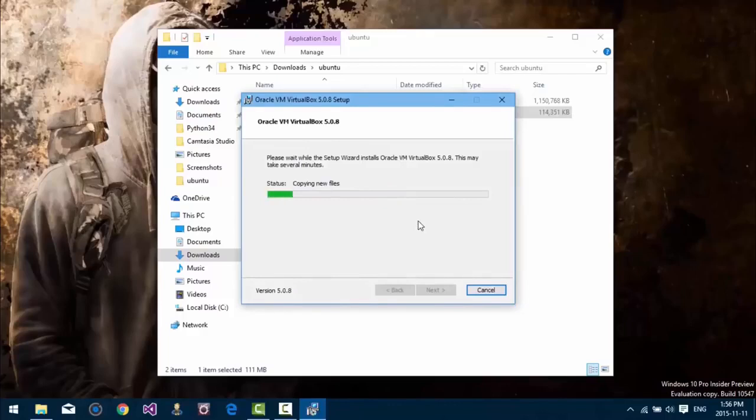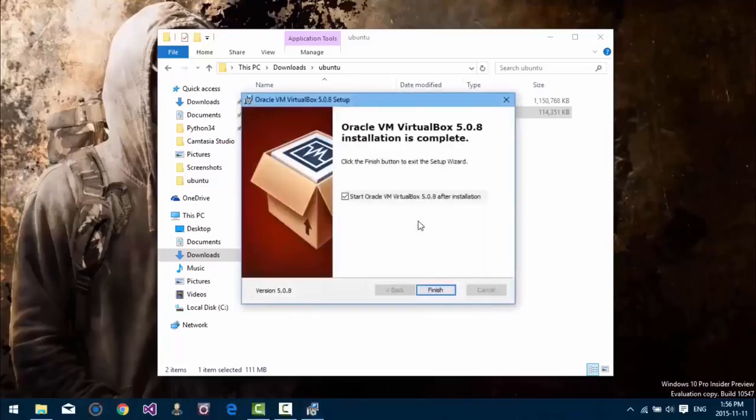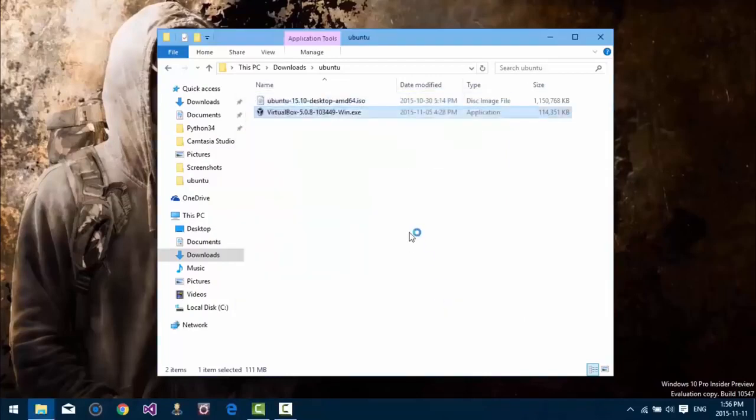And once this installs, you'll see how we are able to create virtual machines or virtual computers that we can run on our host Windows operating system. And the virtual machines will have their own virtual disk image, which is basically like a hard drive. So we can create that, and you'll see what I mean in a moment. So once the installer finishes, we're going to leave that checked because we want to start VirtualBox immediately. So just hit finish, and it should start up here,